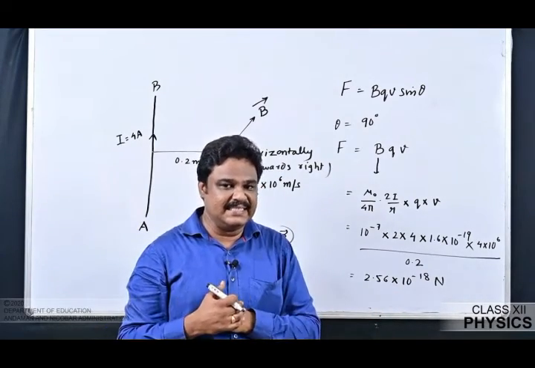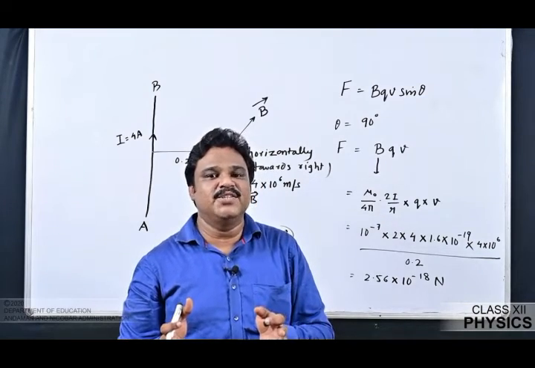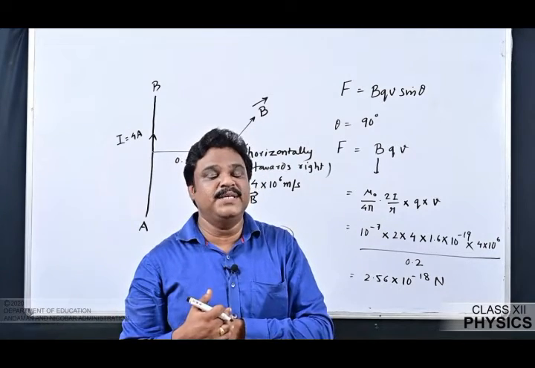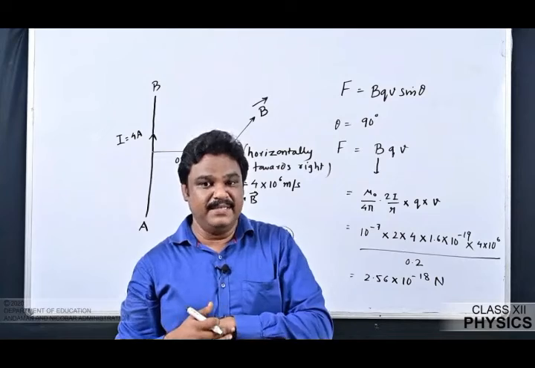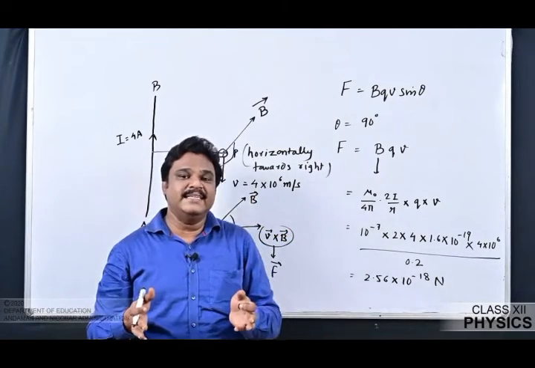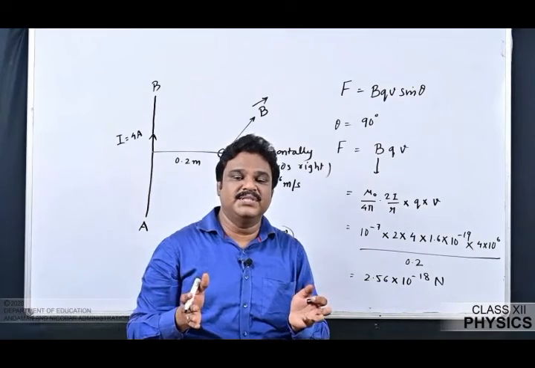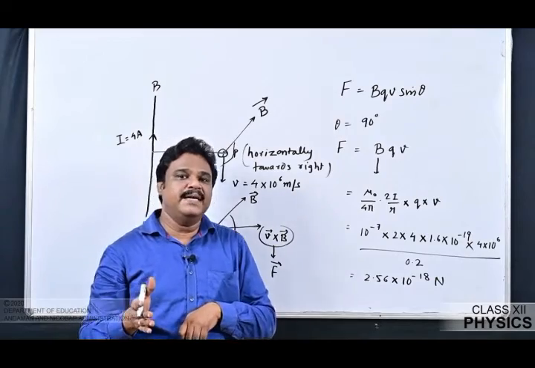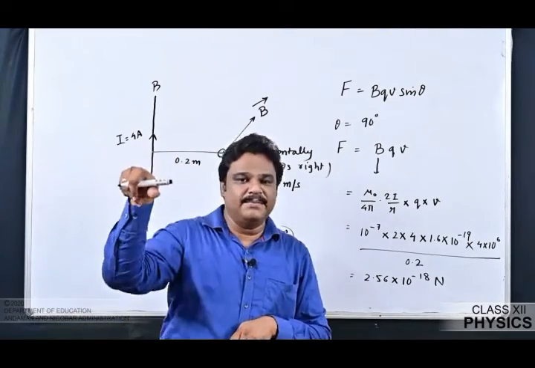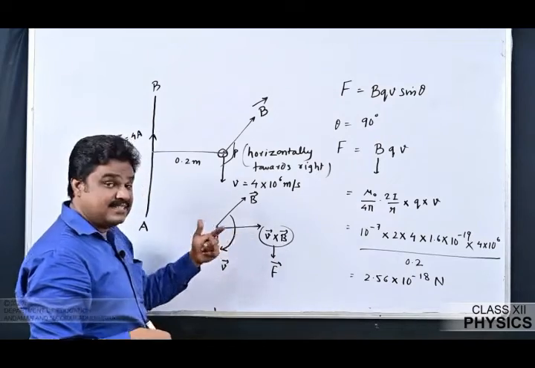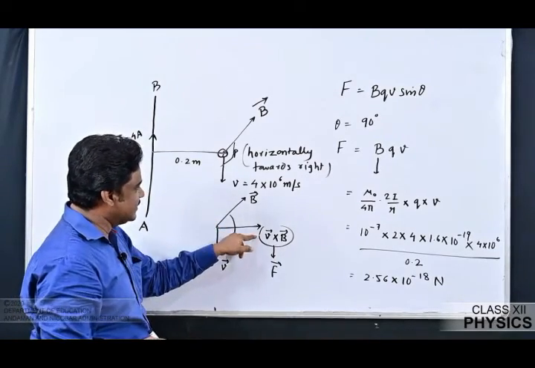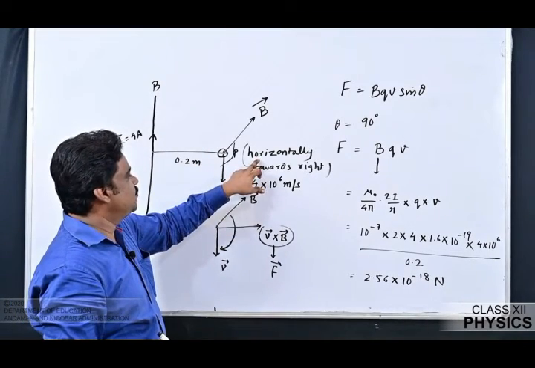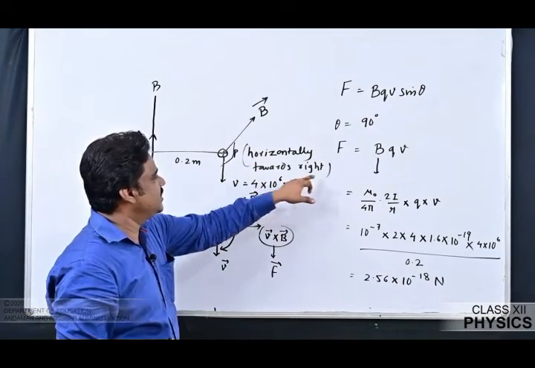And what about the direction, I said? Obviously the direction of magnetic Lorentz force is the direction of V cross B. The direction of F is the direction of V cross B, or I can say it is perpendicular to both V and B. Already I said you can use the right hand screw rule or the right hand thumb rule. Obviously the sense of rotation should be from V to B. So when I keep my fingers from V to B, you are able to see it is coming towards you. So I'm going to mark a line. It's a three-dimensional figure, so it comes to be like this. So what about the direction? As per this reference, the Lorentz force acts horizontally on the proton towards right.